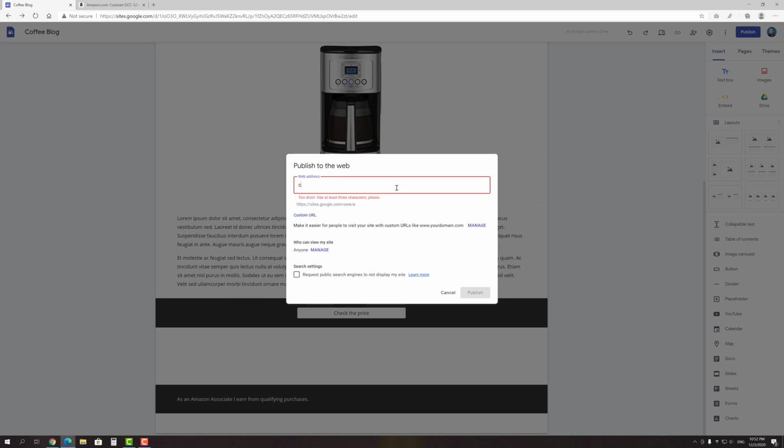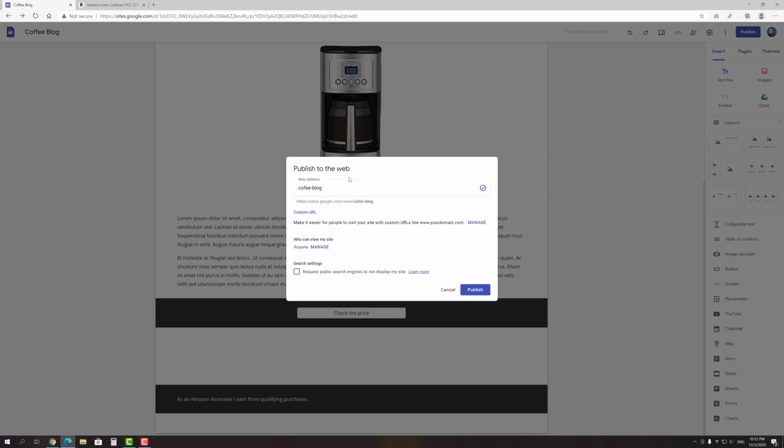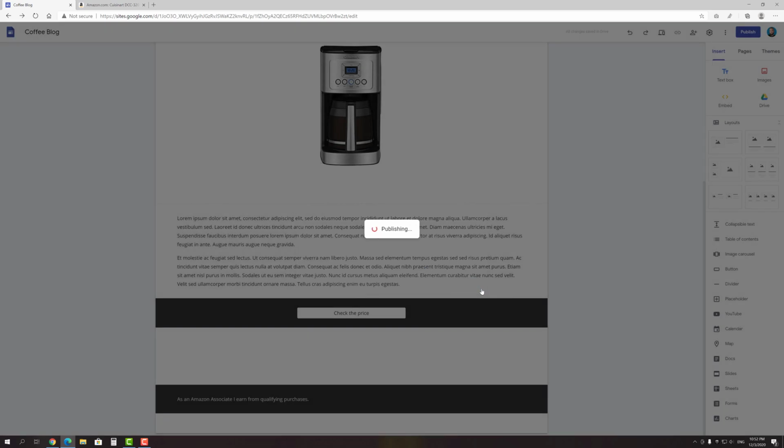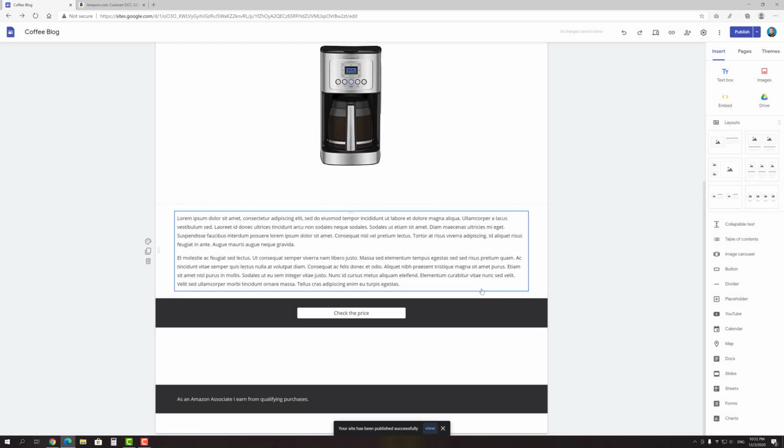By default, Google Sites host your website on a free subdomain. That's enough for our purposes, but if you want your site to look more professional or planning to attract traffic from search engines, you can use a custom domain. After publication, you are ready to drive traffic to your site and start making money online.